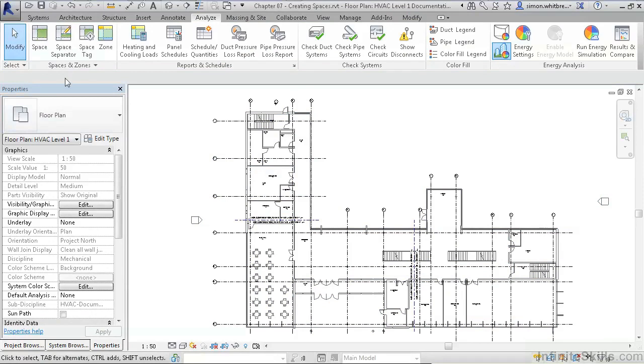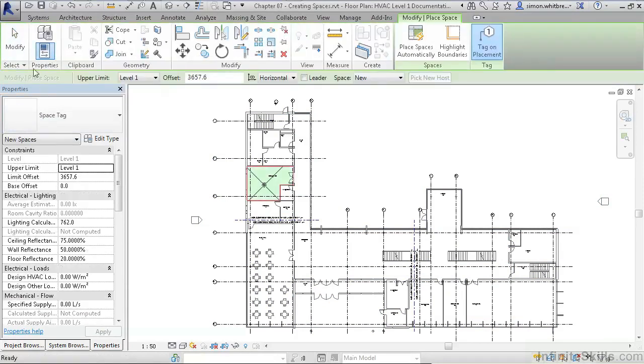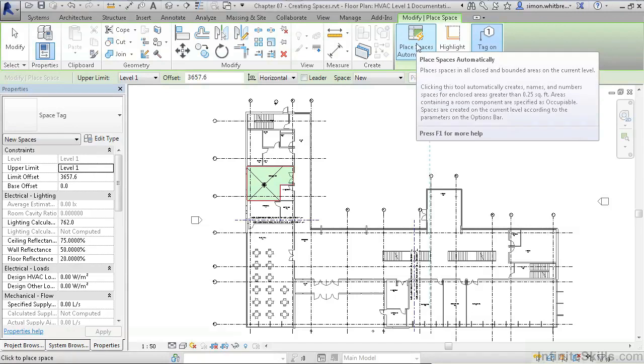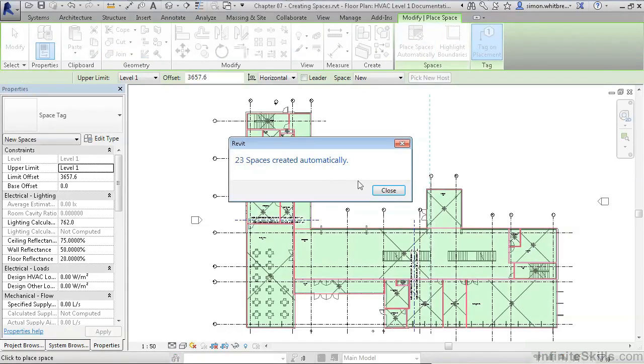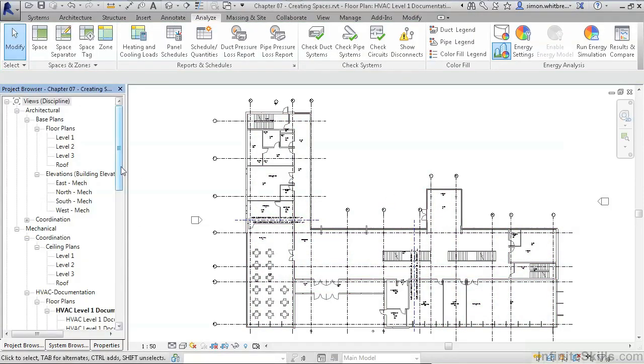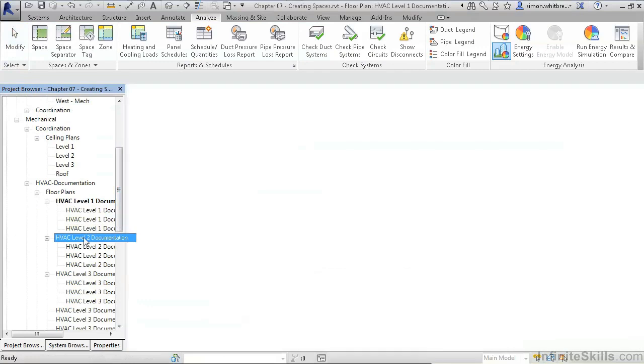Rather than do this to each individual space, I can place spaces automatically. This tells me 23 spaces have been created automatically. We can repeat that now for level 2,